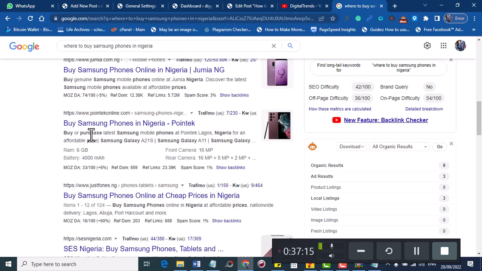The description here is buy or purchase latest Samsung mobile phone at Point Tech. This one is listing, mentioning the website again and the location of the website for an affordable price. Then he lists all the Samsung products: Samsung Galaxy A21s, Samsung Galaxy A11, Samsung Galaxy, and so forth. Then look at this one again. Say buy Samsung phone online in Nigeria at affordable price, nationwide delivery, Lagos, Abuja, Port Harcourt, and so on and